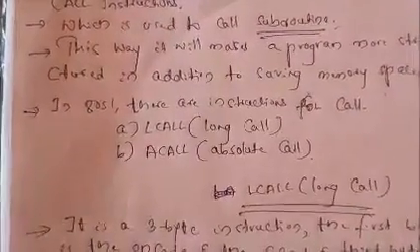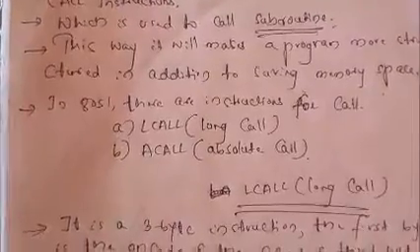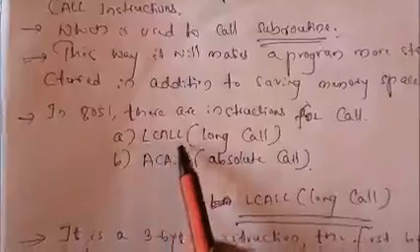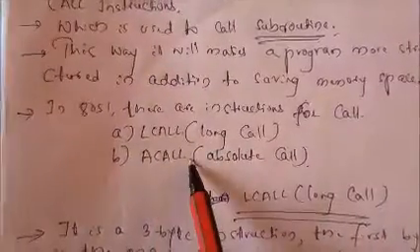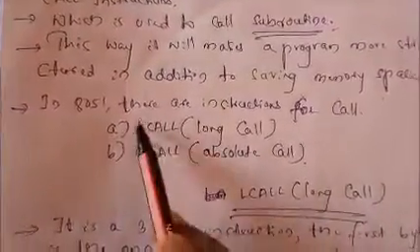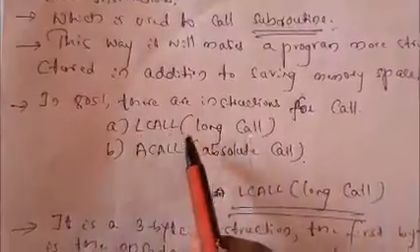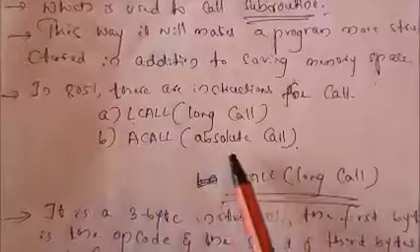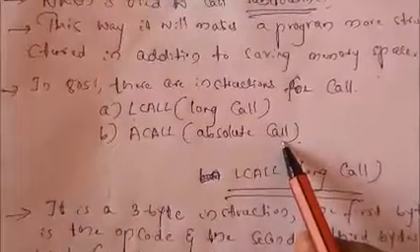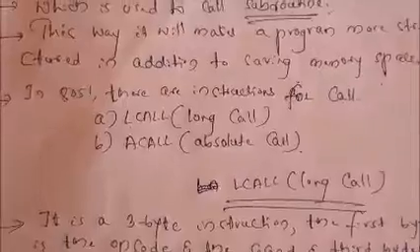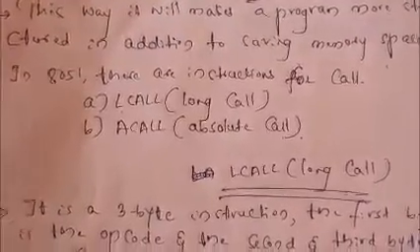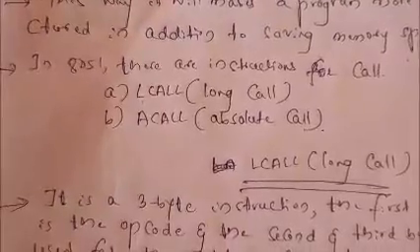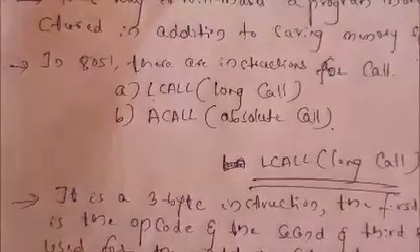The second thing is, what instructions are available to call the subroutines? There are 2 instructions. One is the lcall, and one more is the acall. L stands for long, so long call. A stands for absolute, so absolute call. So if anybody asks what the call instructions in the 8051 for subroutines are, there are 2: lcall and the absolute call. We need to study them one by one. Let me start with lcall first.